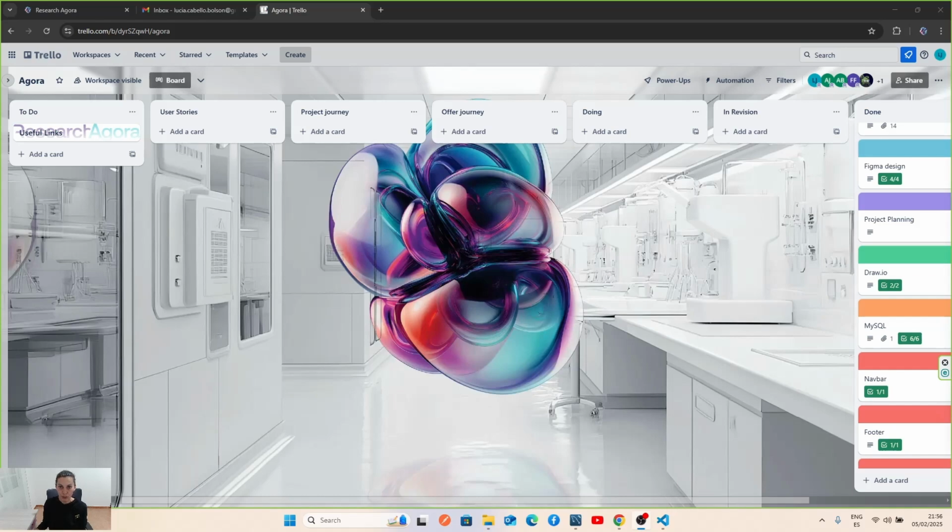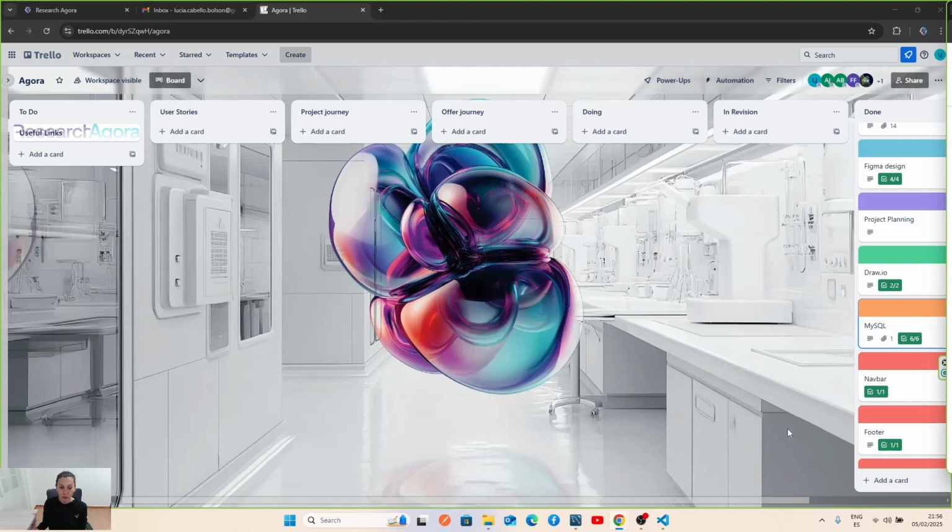So let's have a look at how we structured our Research Agora project by using Trello. We used Trello to track and manage the platform development by using Scrum methodology and ensuring an efficient workflow, including sections to do, doing, revision, done, daily meetings to track the progress and to plan the next step, brainstorming sessions to resolve the issues quickly, updating the Scrum panel, reviewing priorities and taking it step by step in small manageable tasks